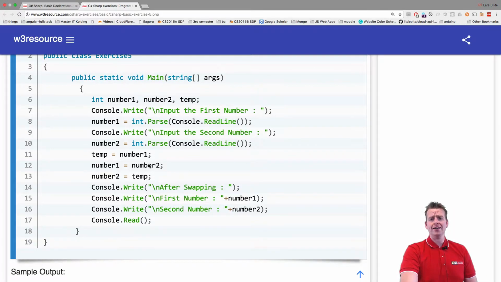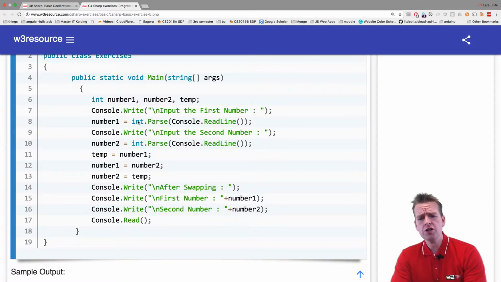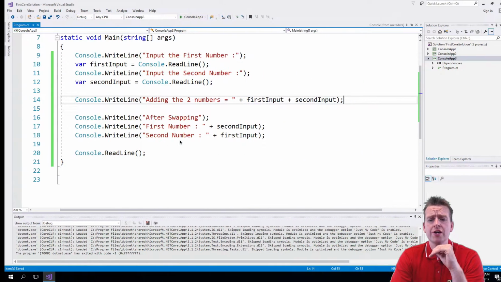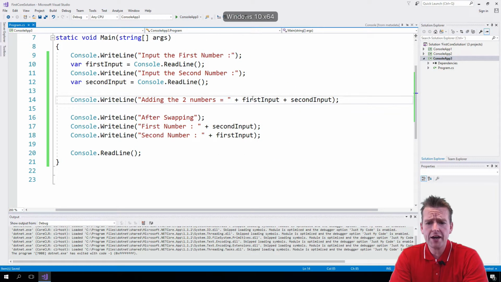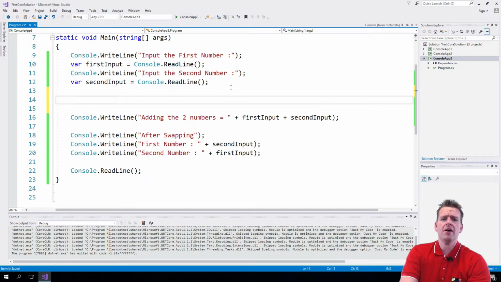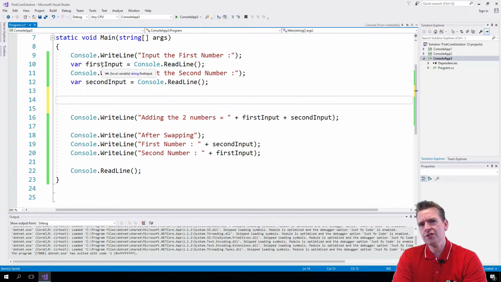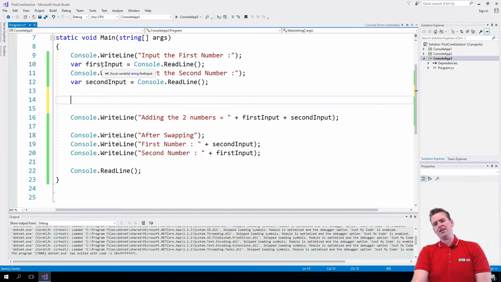I'll do this in the next lesson. Right now we're going to use this way of parsing, the int parse. There are other ways and we'll try those later on. But right now, again, notice that when I put in 1 and 2, it ended up being 12 down here instead of 3. So let's start out by changing this first input, changing that name into being first input